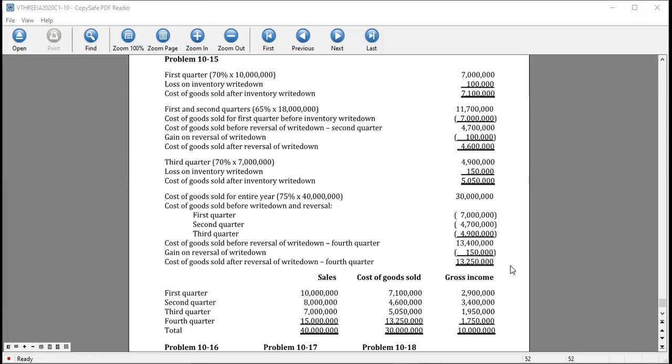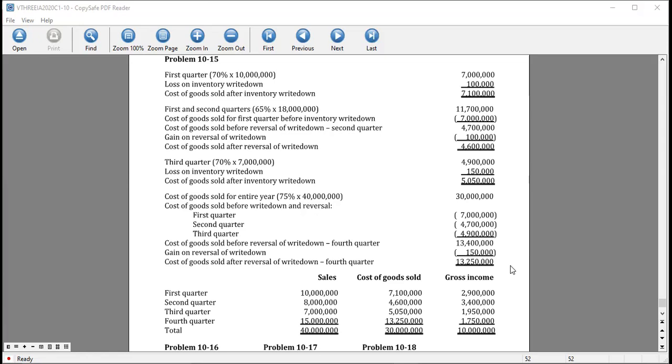Then we go to the cost of goods sold before reversal of write down. For the second quarter, we have 4.7 million gain on reversal of write down. We have to deduct back 100,000. So the cost of goods sold is